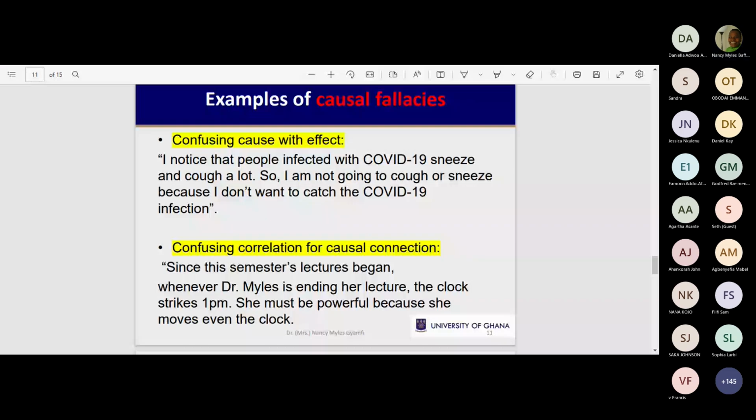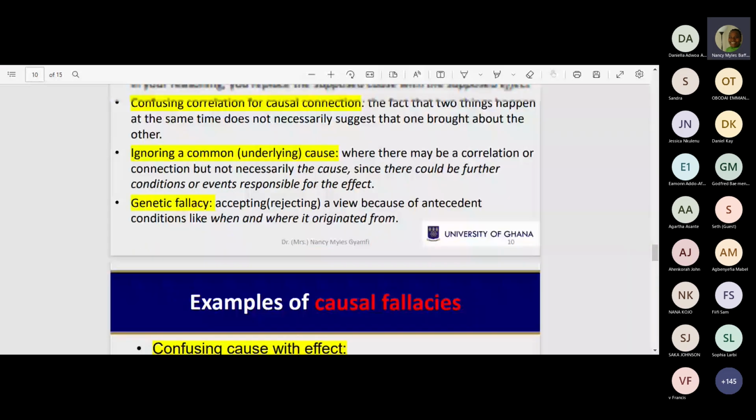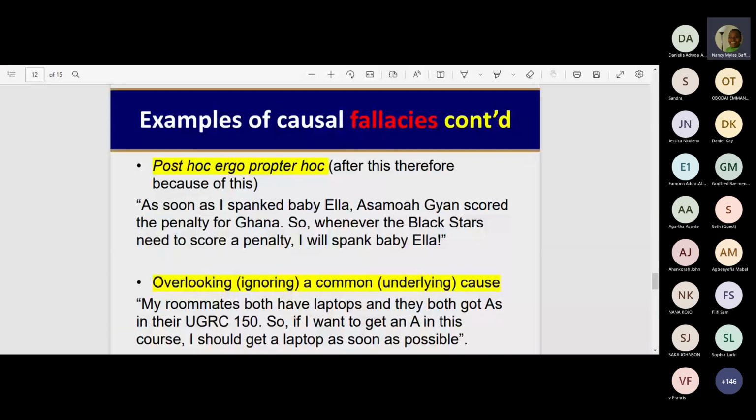We've seen what? Look at my screen. Post hoc ergo propter hoc: after this, therefore, because of this. We saw the second one, overlooking or ignoring a common underlying cause. That's the second one. The third one,